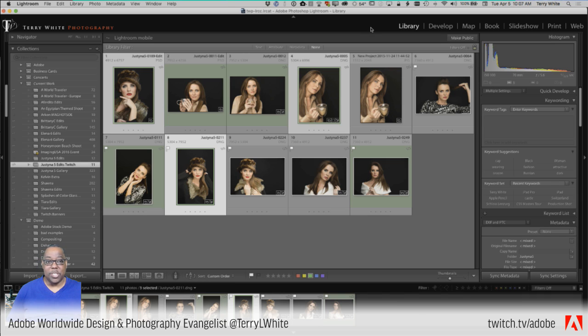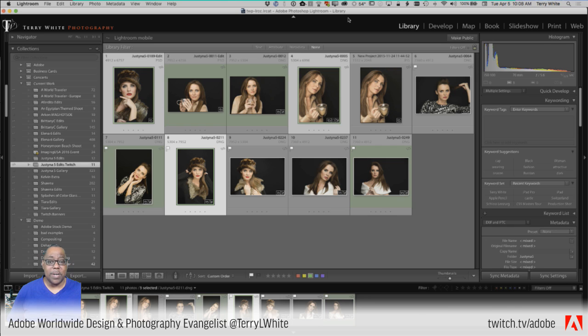So one of the ways you can do that is simply right click anywhere on this bar near the modules, and you'll see that they're all checked because I'm showing them all. And I can say, you know what? I don't use web. I do, but I don't today. So I can go ahead and turn that module off. Or I don't use book. I can go ahead and turn that module off. So that way Lightroom stays in its simplest form just for the things that I do use. And if you ever want them back, you can of course right click and turn them back on, or simply say show all. So that's one of your first hidden gems.